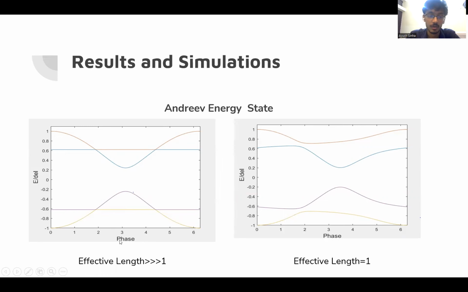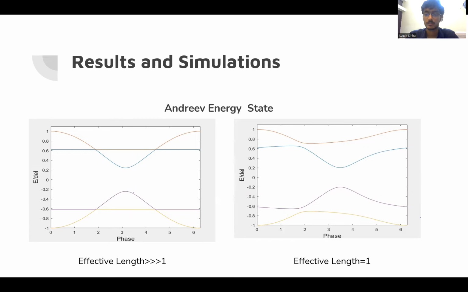We'll change the phase on the right to tune the Andreev molecule energy on the left. So when the effective length is basically length upon the coherence length, if the effective length is greater than 1, then we have the simplified figure, which is this on the left hand side, in which